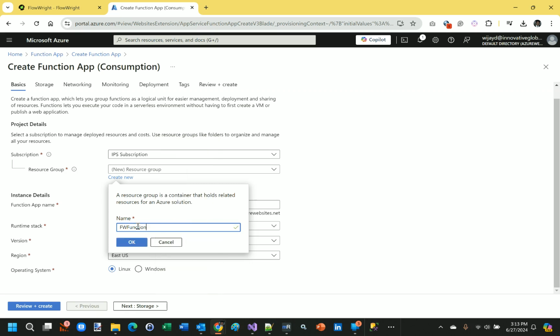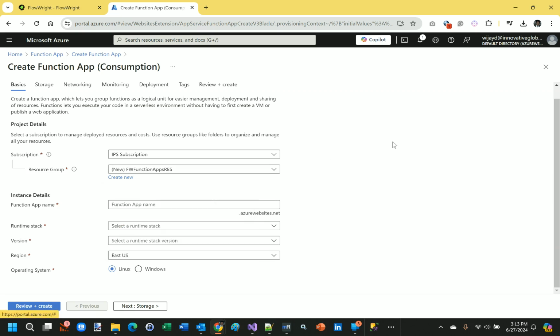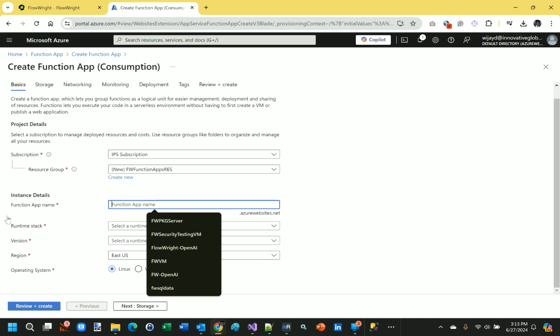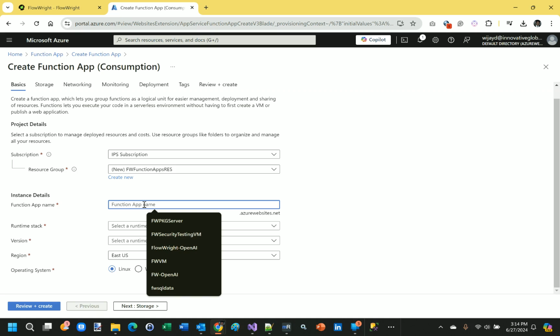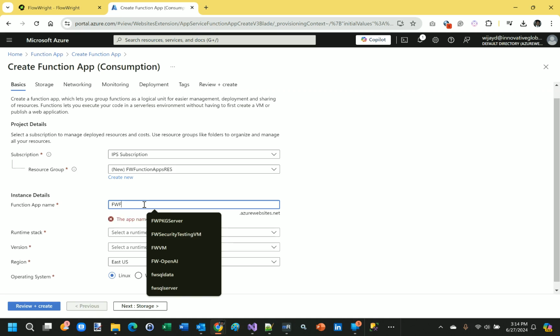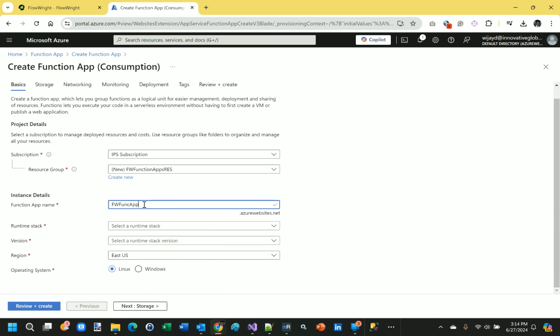So let me create a new resource group and let's call it FW function apps. Yes. I'm going to give the name here. I'm going to give a function app name. So I'm going to say FW func apps,